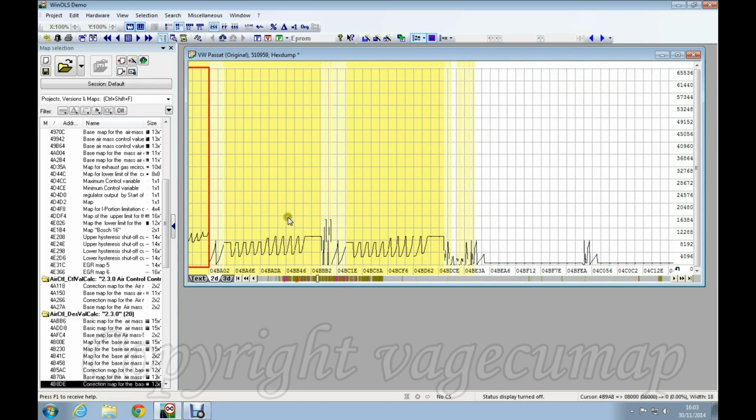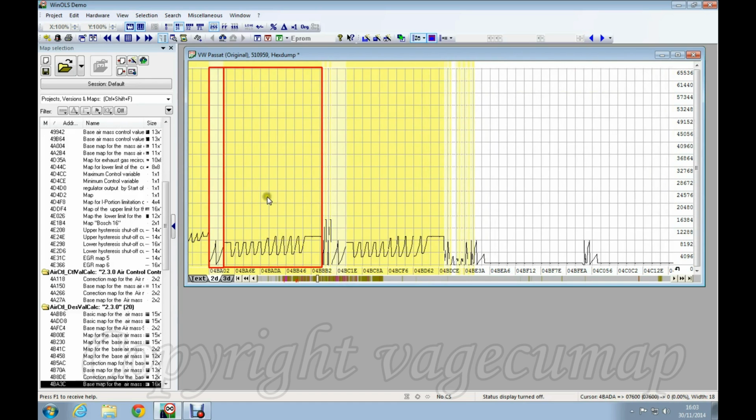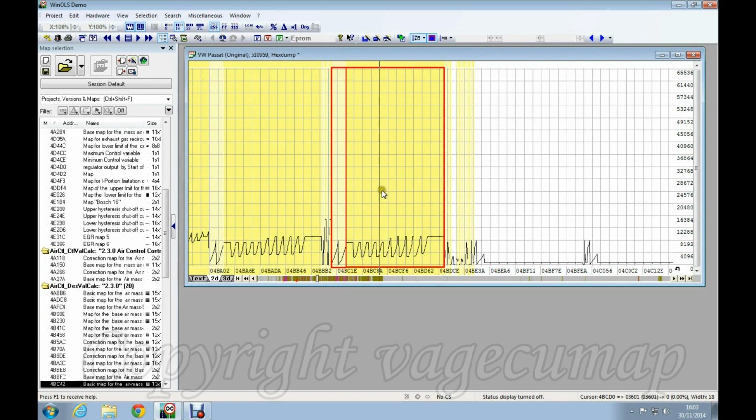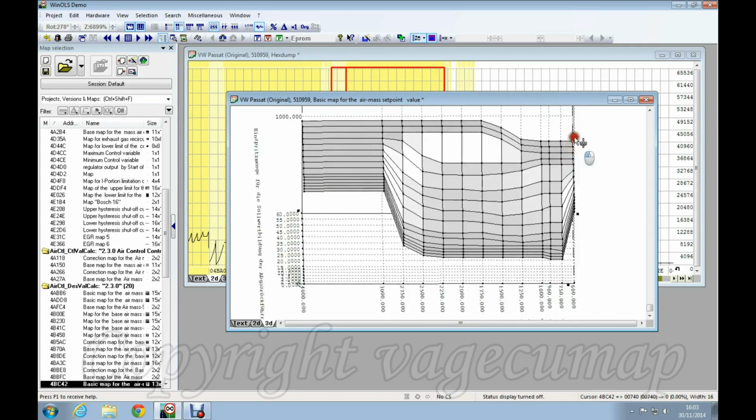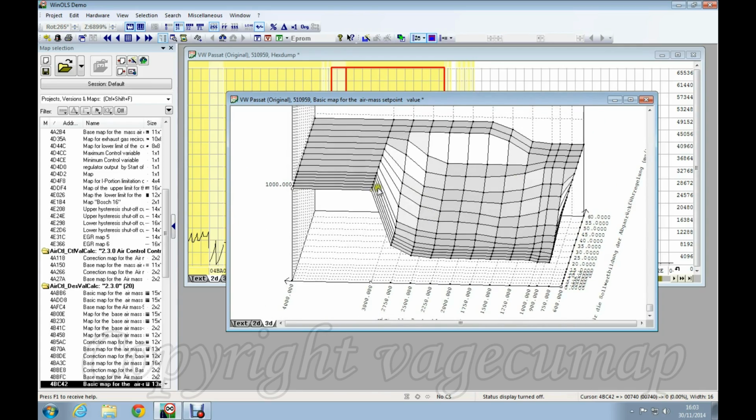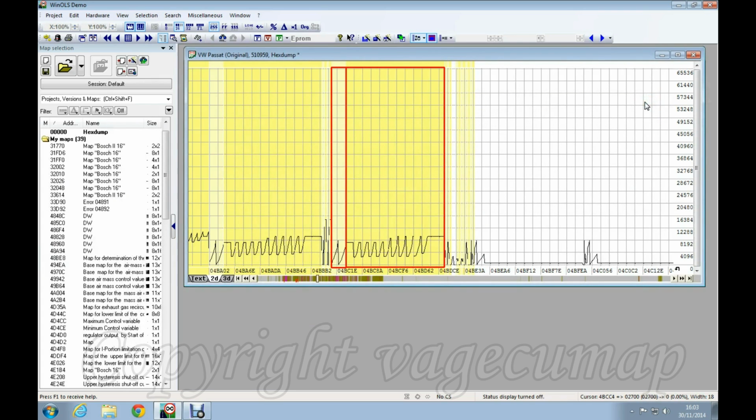If we go a little bit further, that one's a bit more obvious, and there's another one there. It looks very much like EGR in 2D view. Have a quick look at a 3D view. That's got that sort of characteristic scoop shape that we associate with EGR in 3D, so it looks like we're in the right area.